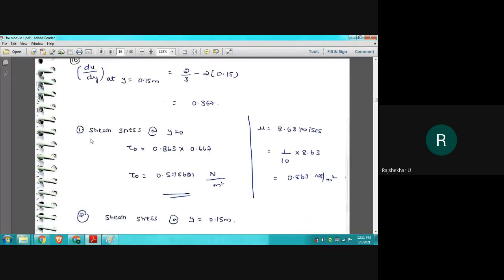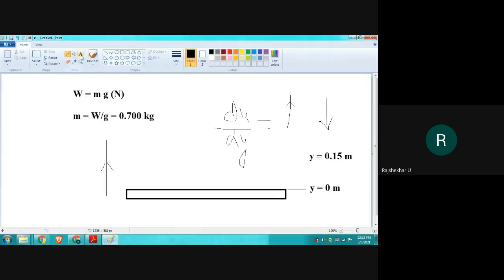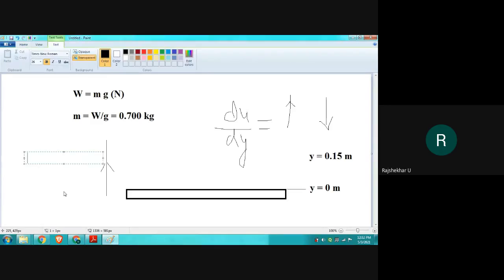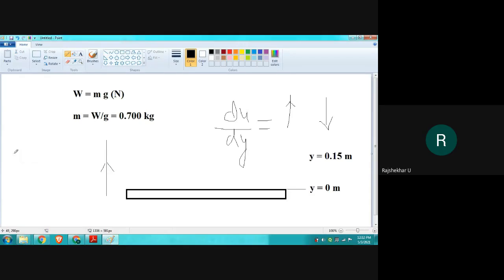Now we are interested in finding the shear stress at y is equal to 0 and at y is equal to 0.15. So the shear stress equation, I think already it has been explained to you. Tau is equal to mu into du by dy. Once again, I'll write it for your reference. I cannot use the symbol, so I'll write tau. Mu symbol is also not there, but I'll try to write it. So tau is equals to